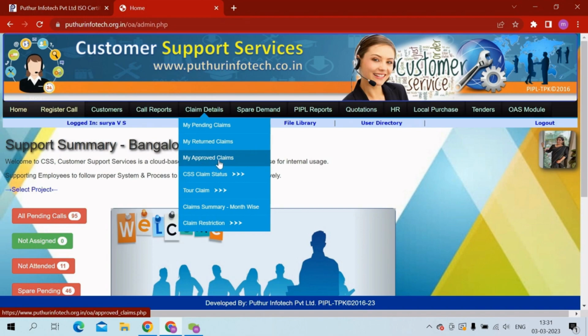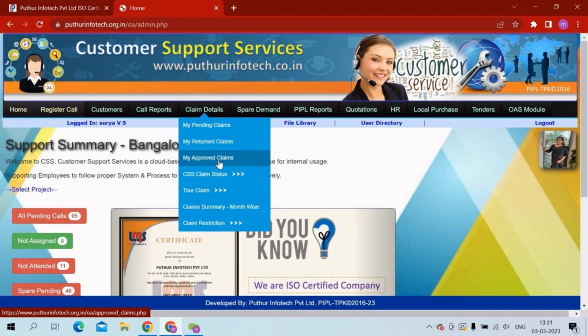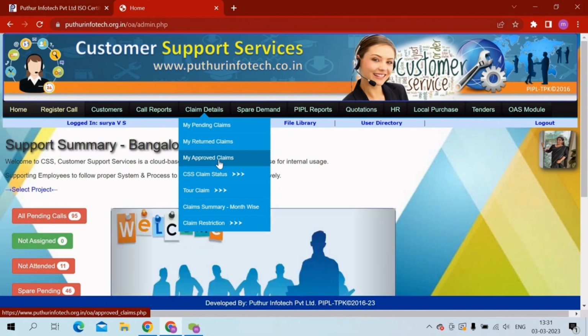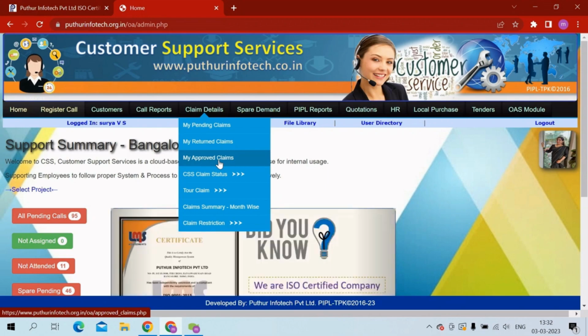Then we have the my approved claims option. In this section, you can view all the claims that have been approved by your reporting manager and also your regional head. You can submit the approved claims for payment to accounts once the total claim amount reaches rupees 500 or more, and claim submission for payments can be done only once in a month.